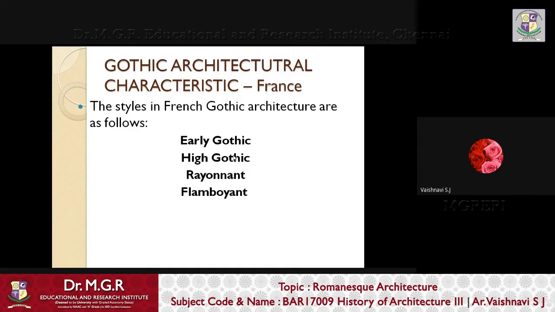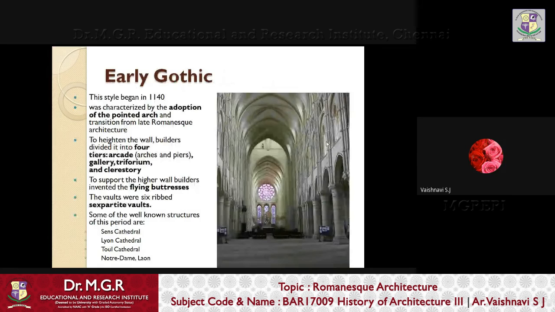One is the early Gothic, then High Gothic, Rayonnant, and Flamboyant. So in early Gothic, which started in 1140, we told that the period of Gothic style was from the 12th to 16th century. So this early Gothic started in the year 1140 with adapting the pointed arches, and they said it was a transition from the Romanesque architecture. And buildings,